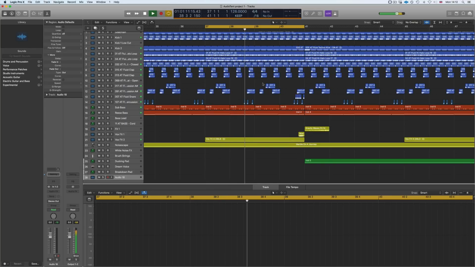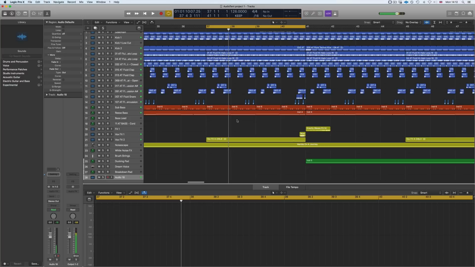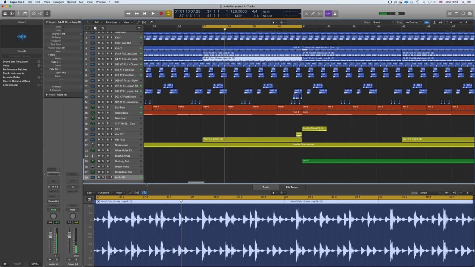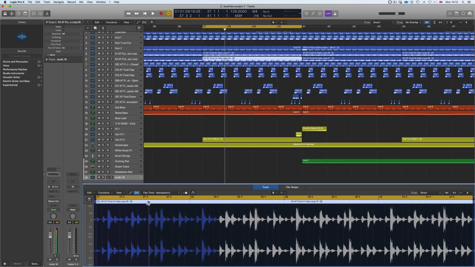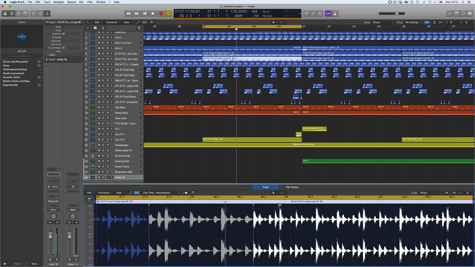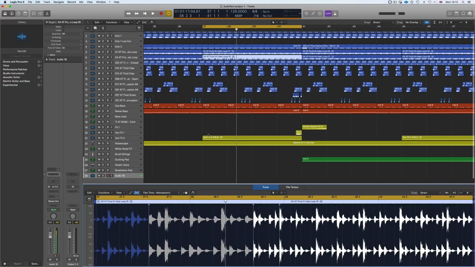And you can see all these samples changing length. And then we go back to normal. And if we try and flex these, what we have to do is click on this, which is the same as Ableton's warping. So here we've got flex time slicing. Once again, we've got a bunch of different algorithms for how we want to flex. And then here we can move parts around and flex the audio as we see fit, or add in extra warp markers. So it's fairly similar.